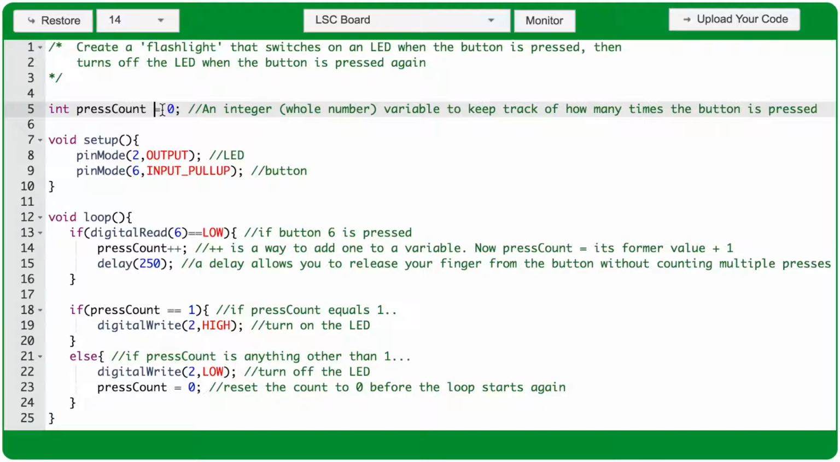Next, we'll use an equal sign to set the variable equal to its starting value. So we have an integer named pressCount with a starting value of 0. Within the void setup function, use a pinMode function with the arguments 2 and OUTPUT to set up an LED plugged into port 2. Use another pinMode function with the arguments 6 and INPUT_PULLUP to set up a button on port